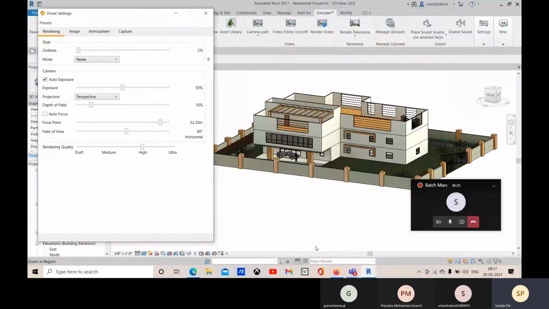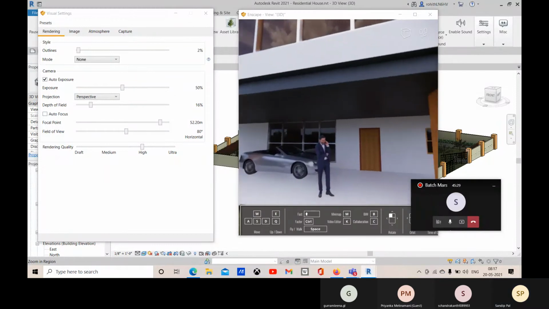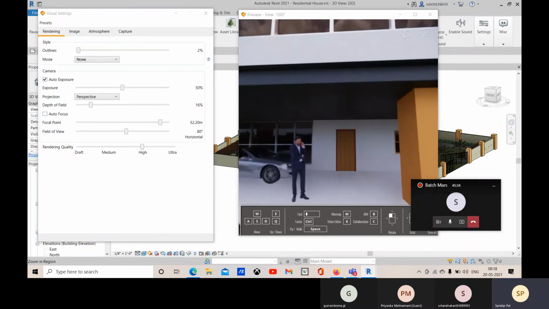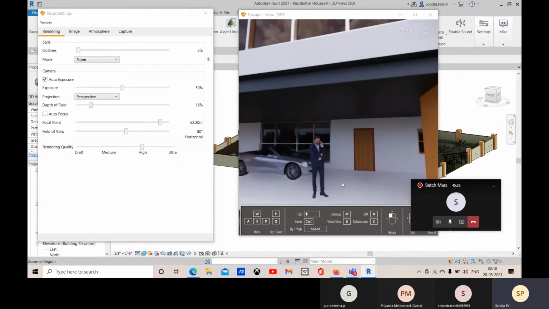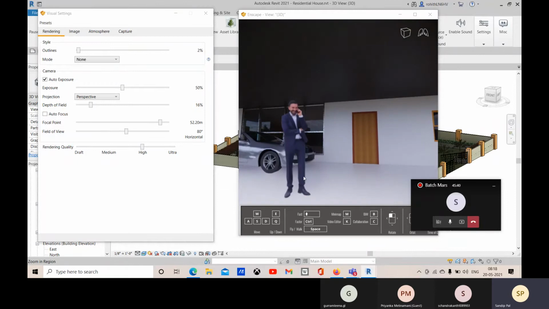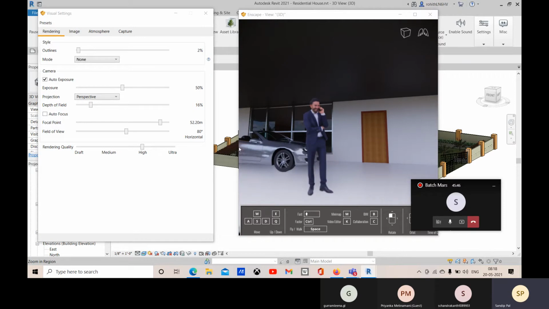The exposure is set to 50%. And here you can see that the nearby object is out of focus. The outer objects are in focus. And here you can see this man is blurred right now.